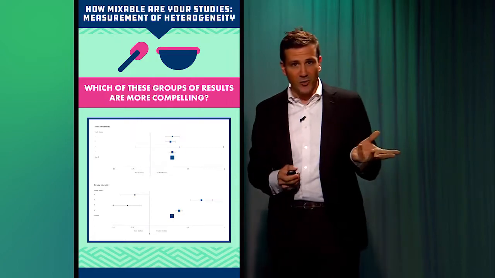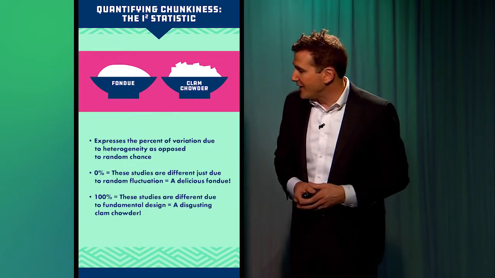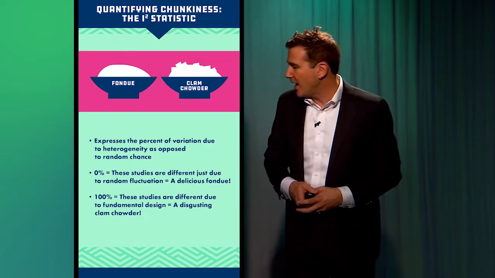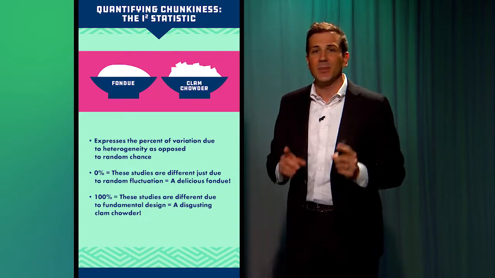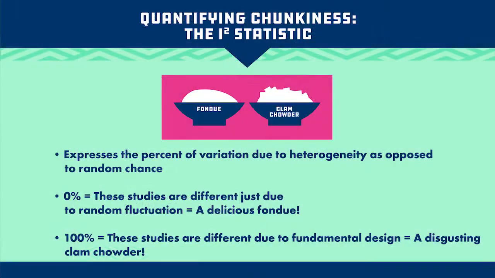Now, there's a measurement of heterogeneity. It's called the I-squared statistic. And you don't have to know how to calculate it, but you do have to know how to interpret it. So it ranges from 0 to 100%. 0% says that the results of the studies in this meta-analysis are different just because of random fluctuation in the tides and the moon and the wind, right? Just slight differences that would be expected because, you know, life is random. Whereas an I-squared statistic of 100% says